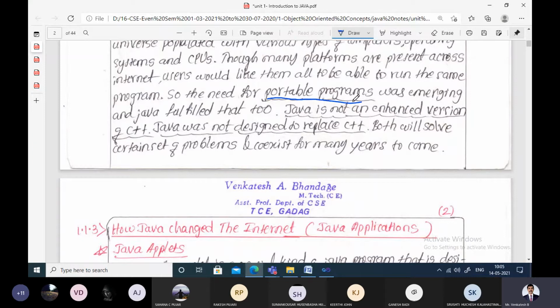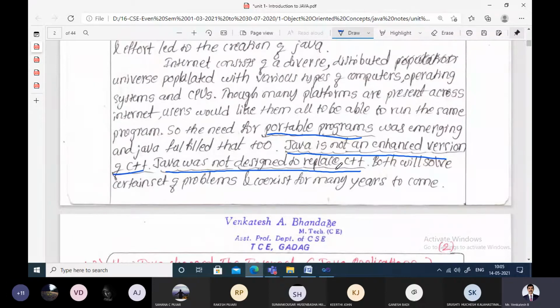And one thing you have to note here is that Java is not an enhanced version of C++. Java is not designed to replace C++. Both exist together. You should not consider that Java comes after C++. C++ is also there and Java is also there. The only thing is that Java has some extended functionalities on top of C++. So it is not an extended version and it is not at all replacing C++. C++ is still there,